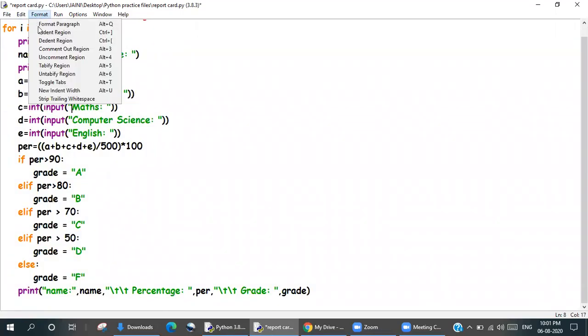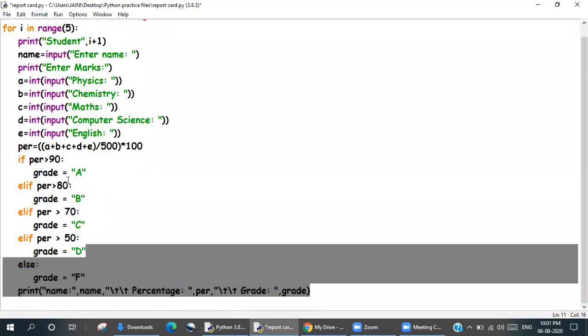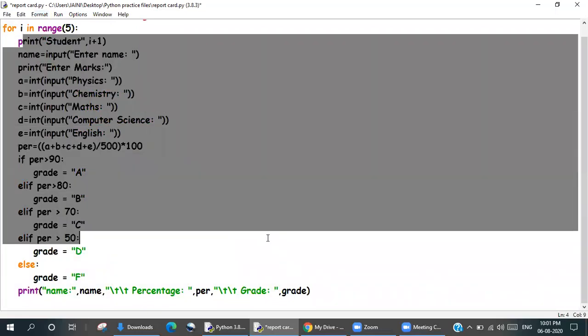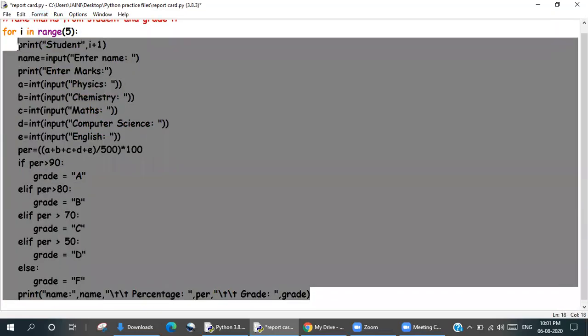You saw inside format I had indent region. I just use that.